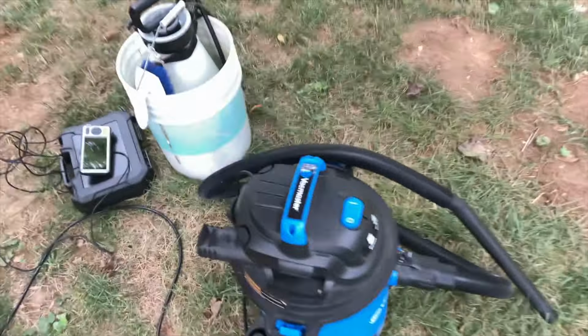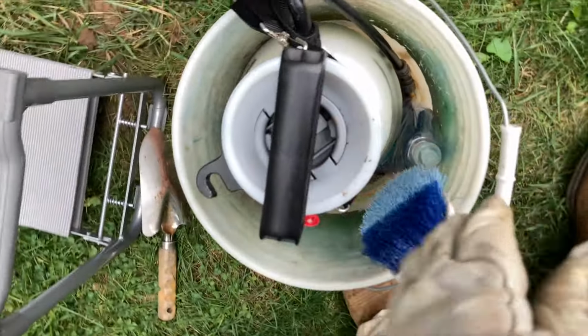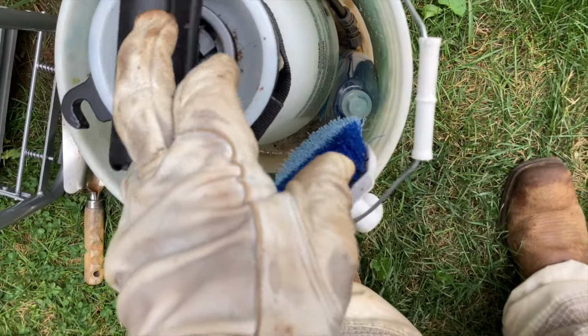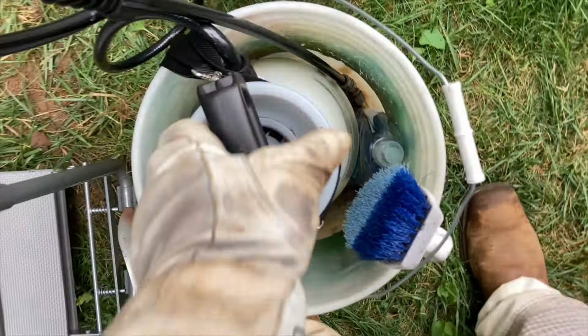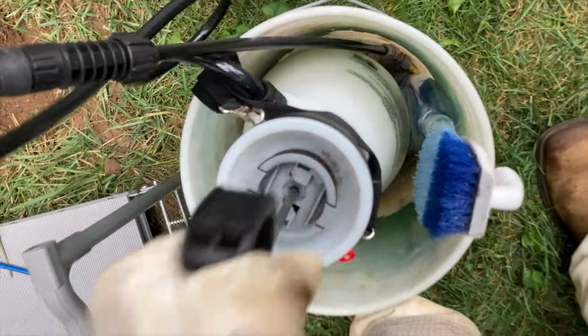So what we have here is a spray container filled with soap and water and essential oil, like a clove, lemongrass, peppermint mix, that kind of thing, along with dish soap and water. This is non-toxic. It's very important that we're not putting toxins into this yard. So what we're going to do now is pump up the sprayer, lock it off,